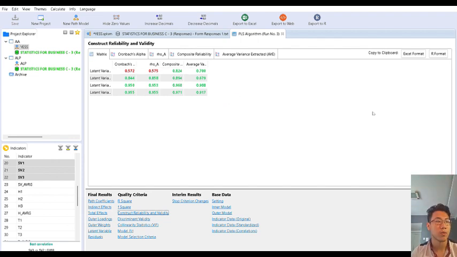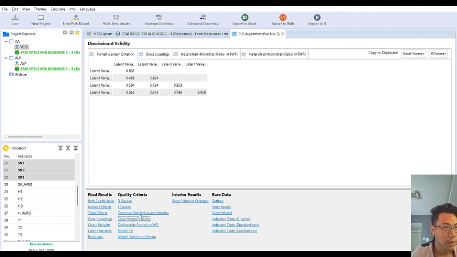Okay, then what we do now is check the validity of the data. You can use this. Okay, as you can see here, it is shown that the data is good. It is indicated by all the values being less than 0.9. It means the data is good and valid.